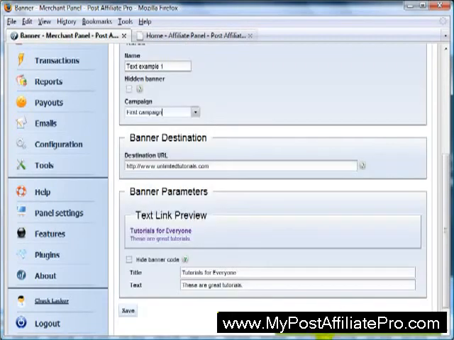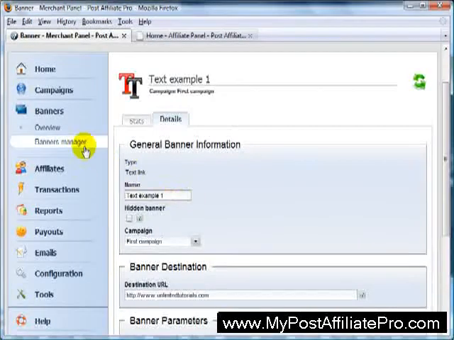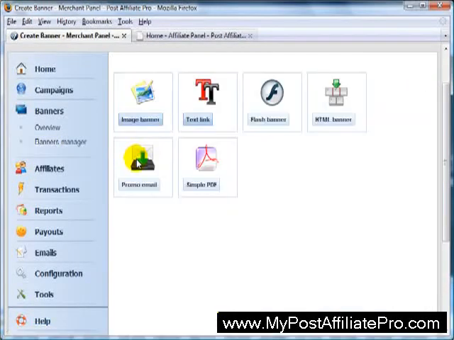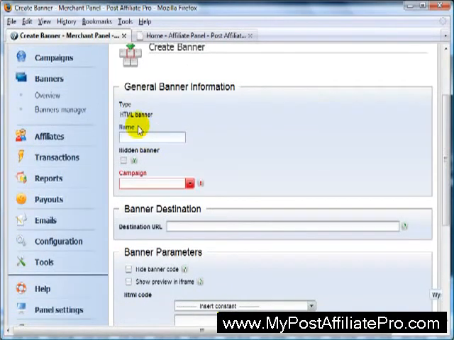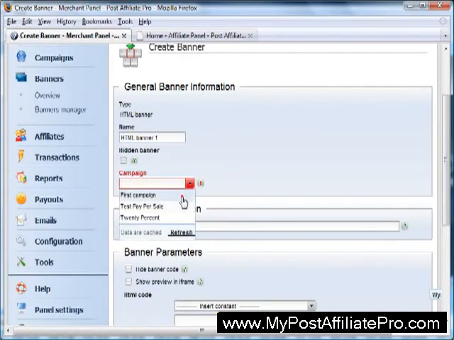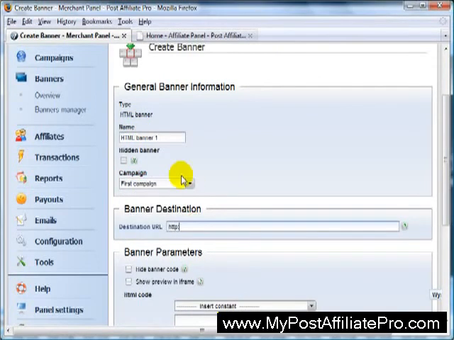And it's as simple as that. The banner was saved now. It shows what it looks like here when people get it. And finally, I'm going to come in here and click Add Banner and do an HTML banner. That one's very different, actually. HTML banner 1. Pick a campaign, the destination URL,